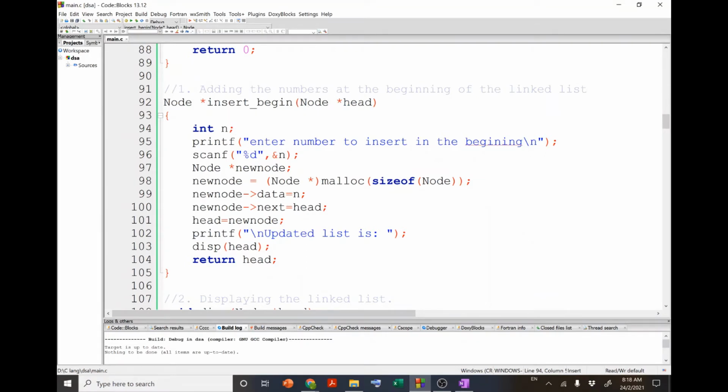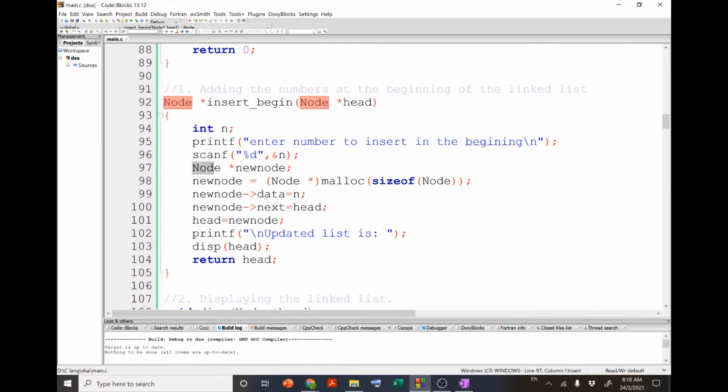In the start, I declared int n. In this variable we are going to ask the user to enter the data for the new node. Then I ask the user to enter the number to insert in the beginning, and whatever number the user enters, I will just scan it in n.